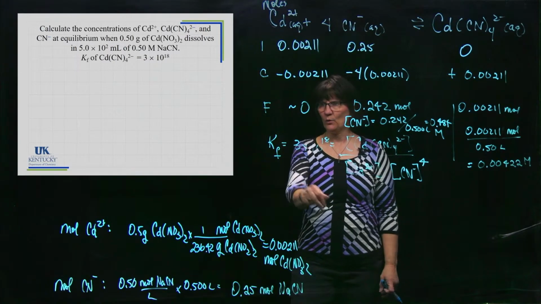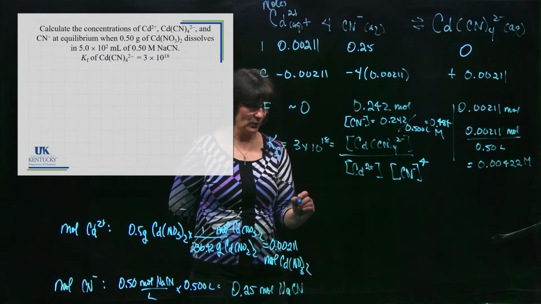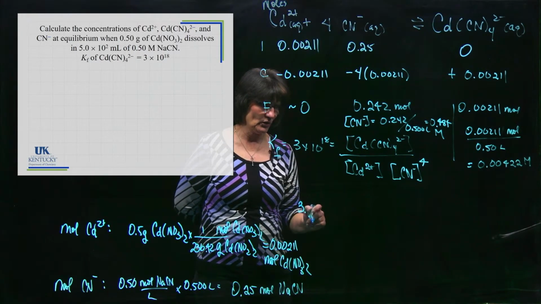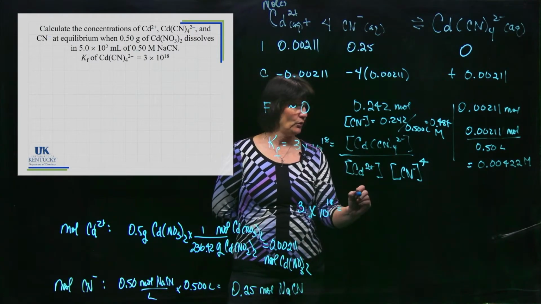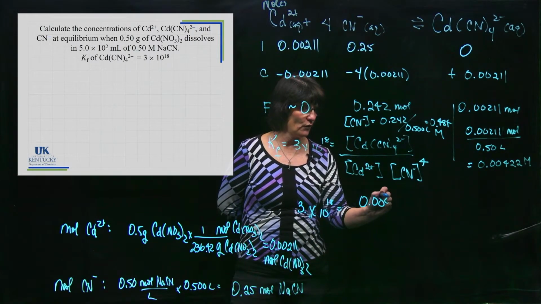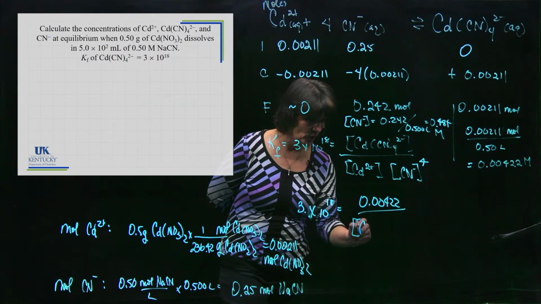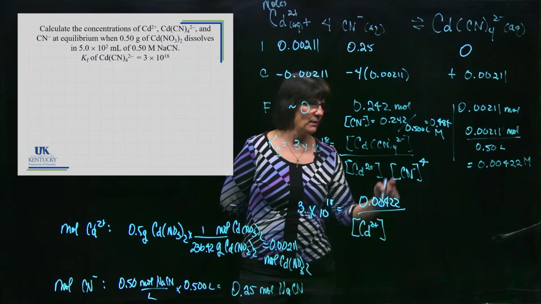And here's where the equilibrium comes into play. Let's plug the numbers in that we do know at this point. 3.0, actually we don't know it's 0.0, we just know it's 3, times 10 to the 18 is equal to 0.00422 divided by, I don't know, this is what I'm trying to find, it's not really 0, divided by this number,